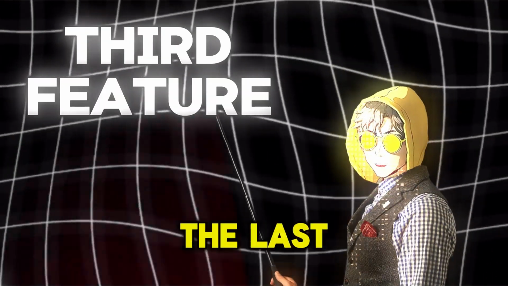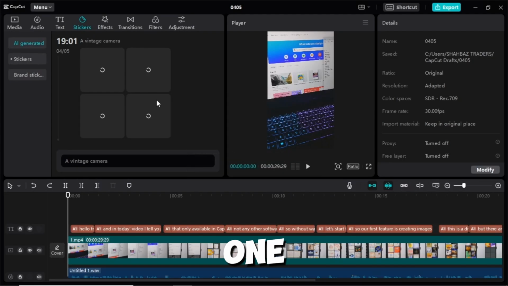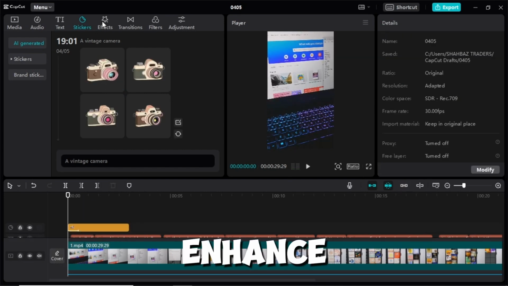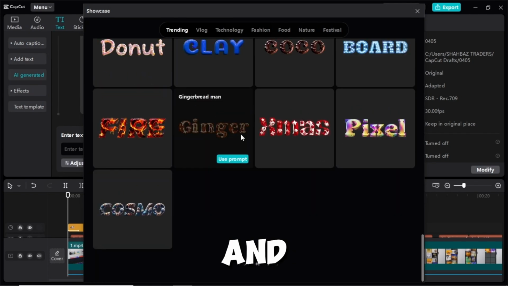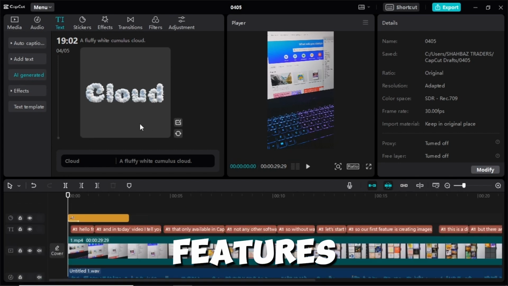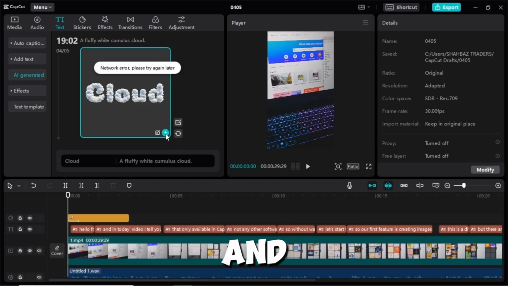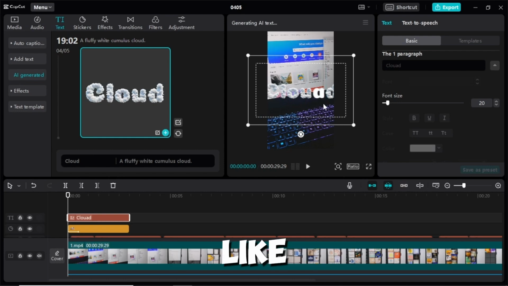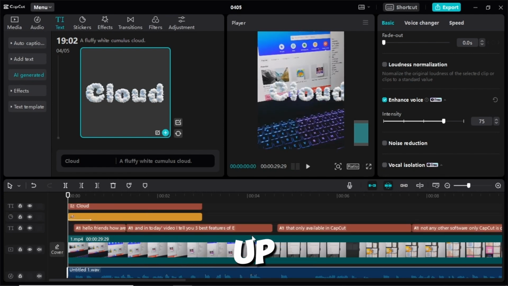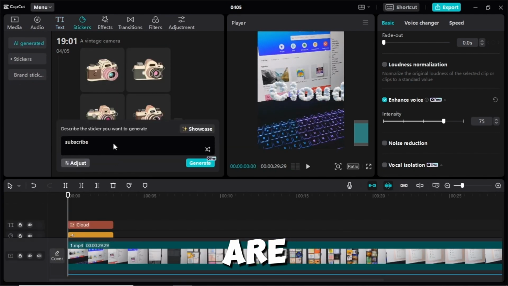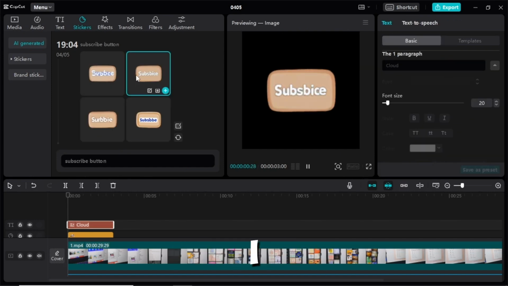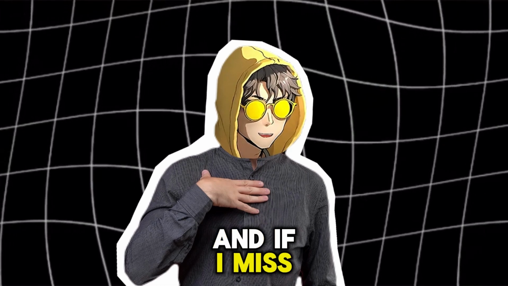So our third and the last feature is not a single one. There are many other features of AI like using AI enhance, creating stickers from AI and even creating text templates from AI. These all features are totally free and do not have any limitations. Like create unlimited images, create unlimited stickers and enhance up to 10 minutes or even an hour of audio free of cost. So these are the 3 features that I most commonly use,